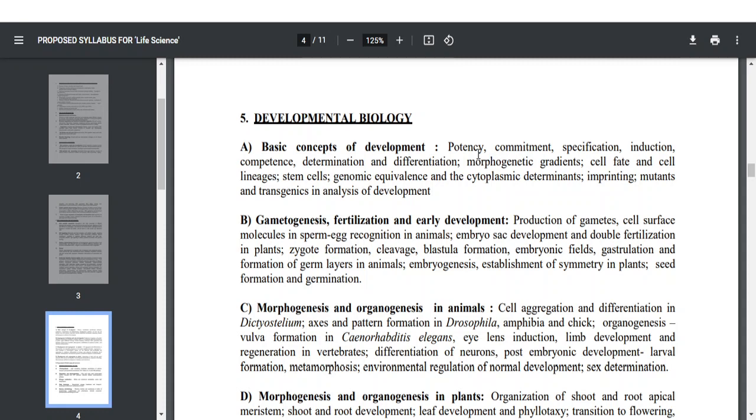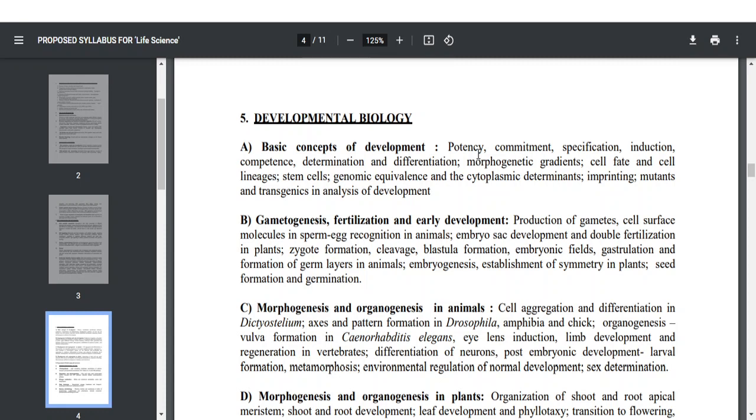And the next important unique thing about developmental biology is that if we spend at least 1 month preparing developmental biology, we can easily answer all the questions asked from this unit, because they can't change the classical concepts of developmental biology. Even recently, they took a picture from the Gilbert developmental biology book and pasted it in our question paper. So more questions will come from that book,